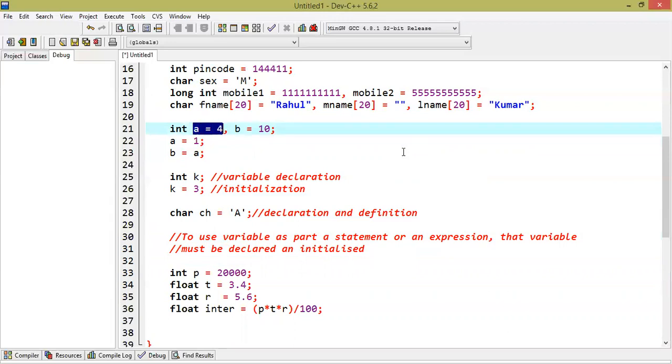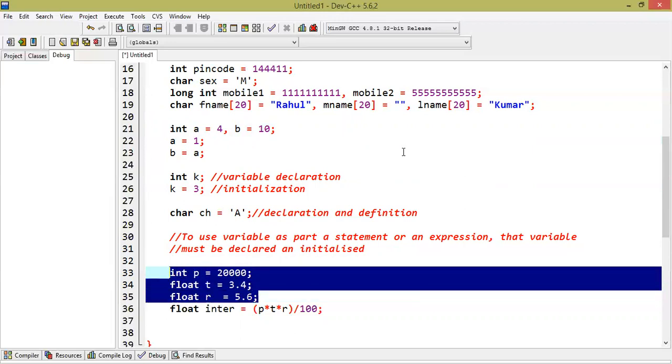If you did not do this, then you can get a garbage value from the memory block. So it is a compulsory step you should remember when you're programming in C. If you use a variable as part of an expression or statement to initialize another variable or constant, then you need to initialize all of them and you must declare them.